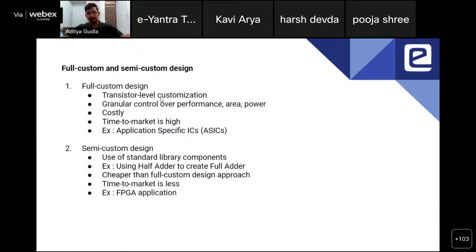You choose which transistor to put, how to interlink them, how to optimize for area, and how to optimize for performance. You have all the control, because you are customizing the entire design. But by doing so, you incur a lot of cost, because this design technique is very costly, because there is a lot of